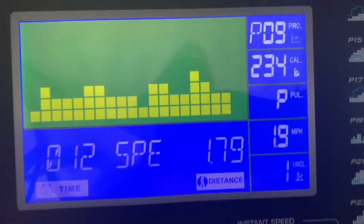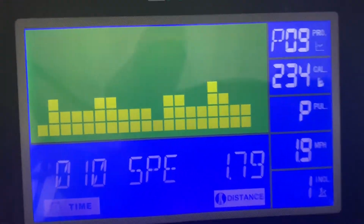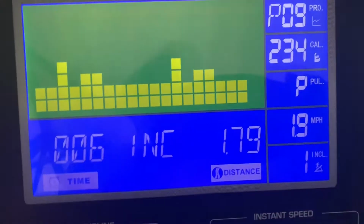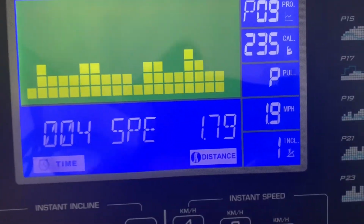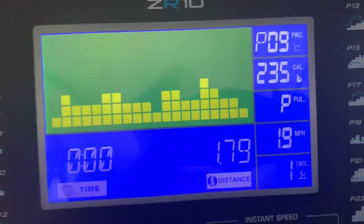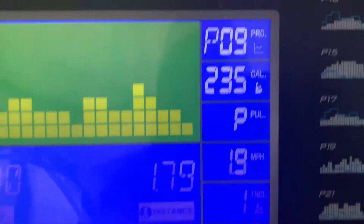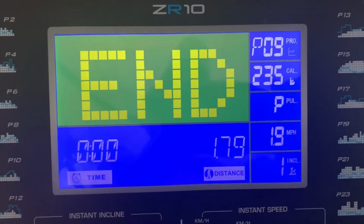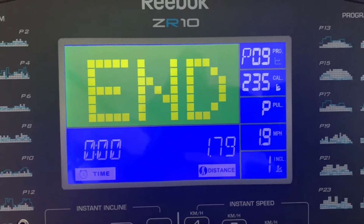So we're coming to the end of this half-hour session. And you can see, I might just click onto 1.8 miles. Will we? No, 1.79 miles. And 235 calories. 235 calories, you see that? And 1.79 miles. So the reason I pointed that out is a week or so ago we were talking about